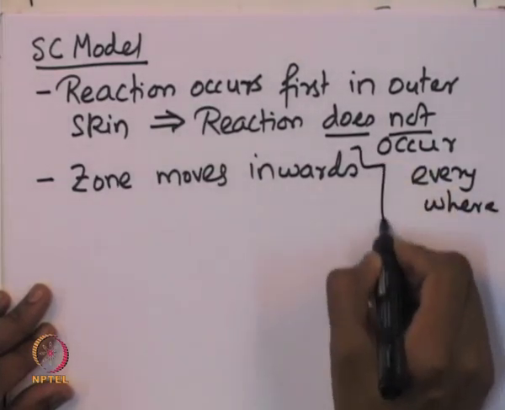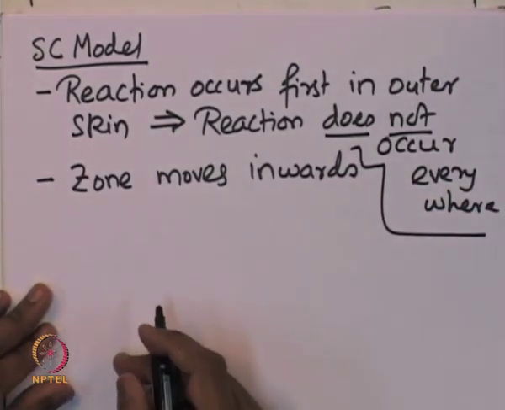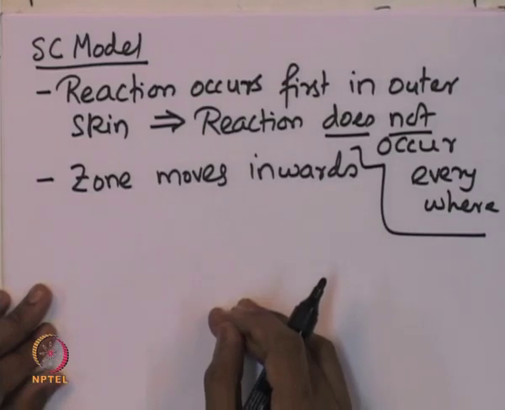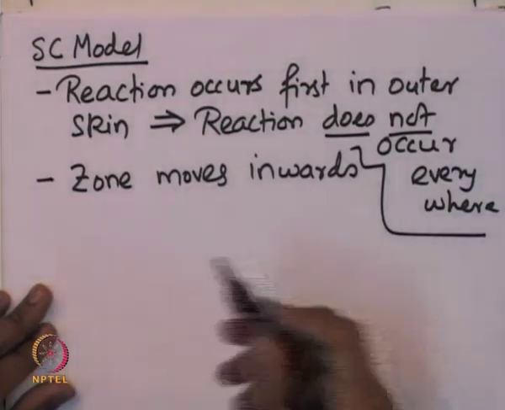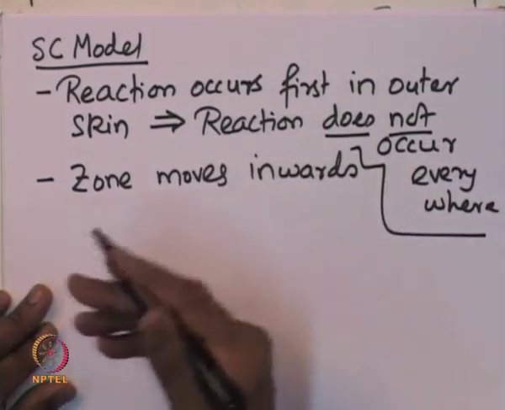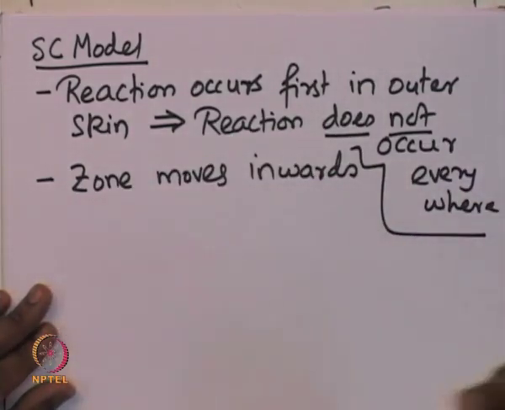The first assumption also means that the reaction does not occur everywhere in the solid core, unlike what was assumed in the progressive conversion model. And because the reaction first occurs in the outer skin, the reaction zone starts moving inward as the reaction proceeds. And then once it moves inward, as the reaction zone moves inside, what it does is it leaves